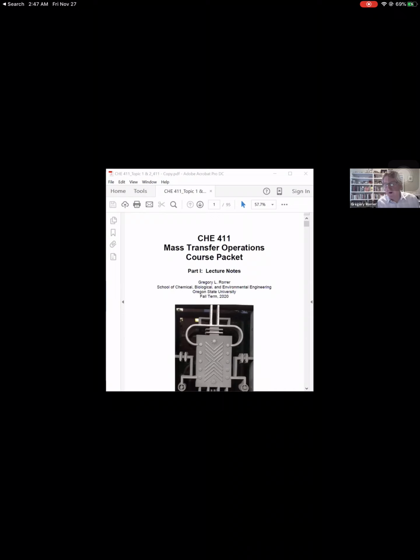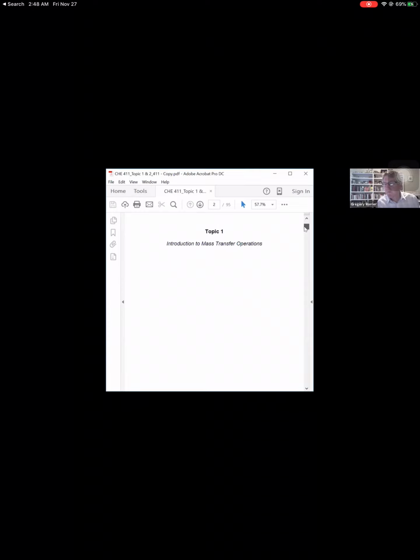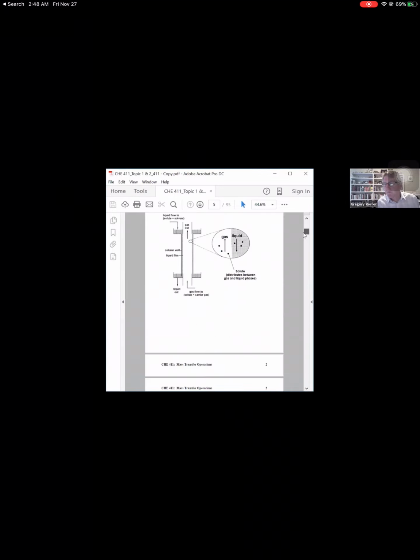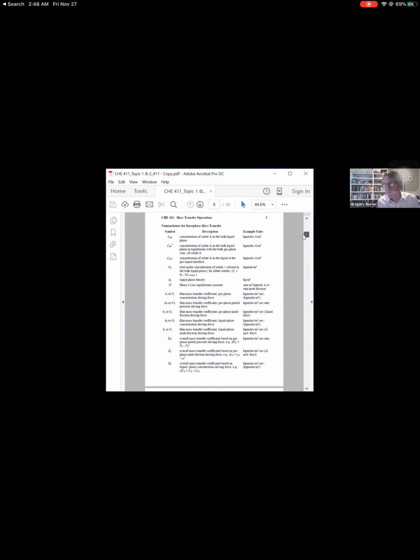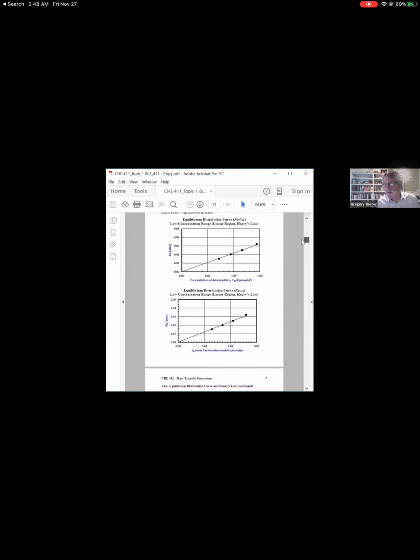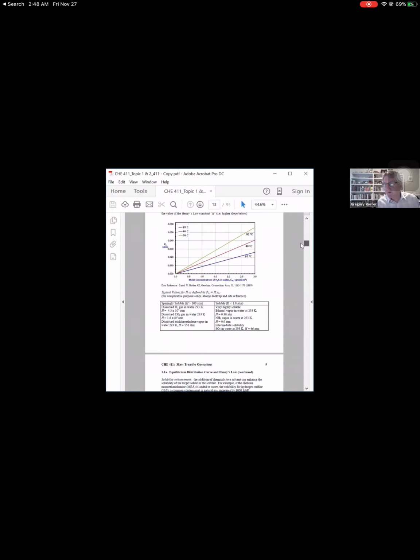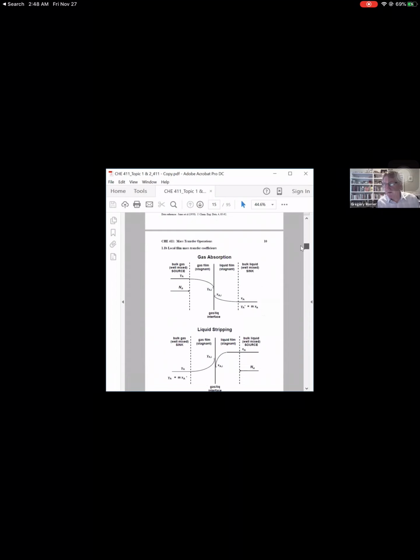So where we left off last time was this description of an overall mass transfer coefficient. And just to review a tiny bit from the end of class yesterday,